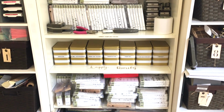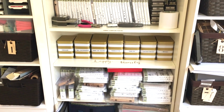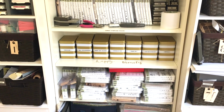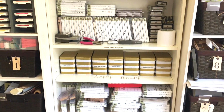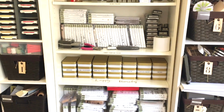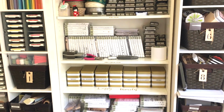But on this shelf down here are a lot of other stamps that are retired and no longer available for sale. And there are so many there, they just don't fit on the shelf anymore. And I must say I have purchased probably about 4 or 5 times this amount of stamps, and it's a huge investment. So I've decided that I would like to move away from being a demonstrator and produce some videos for you,